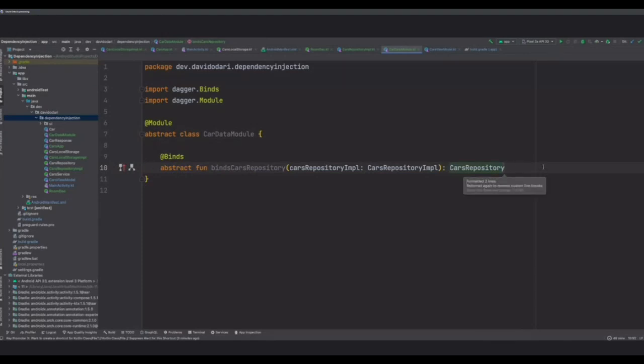The implementation is going to be done by Hilt. So here, what we just need to tell Hilt is, hey, we have this car repository implementation. It's of this type. You take care of the rest. So this is what it means when it's abstract. So we can have multiple interfaces, and they will be implemented by the DI framework.